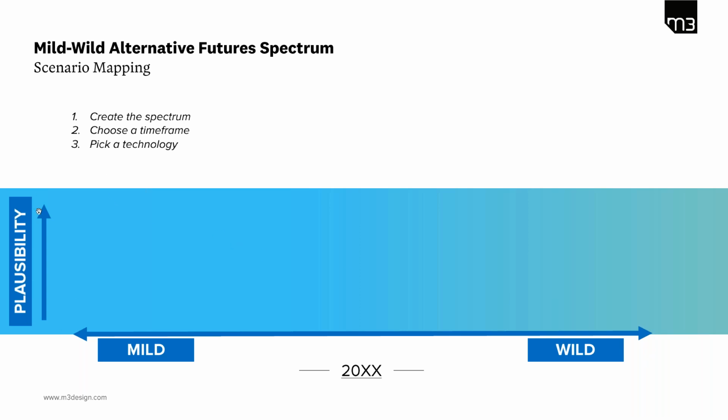And then on our vertical, we have plausibility. So the higher up on the scale you go, the more confidence we have that that might actually come to pass, and lower down, maybe it's less probable. And so the thing you do here is you pick a time frame, maybe 20, 30 years out that you want to look at, and you pick a technology. And as you think about that technology and research it, you start to shape some ideas on how that would be extrapolated out into the future and how that might evolve as it hits the market. And as you do this, you kind of